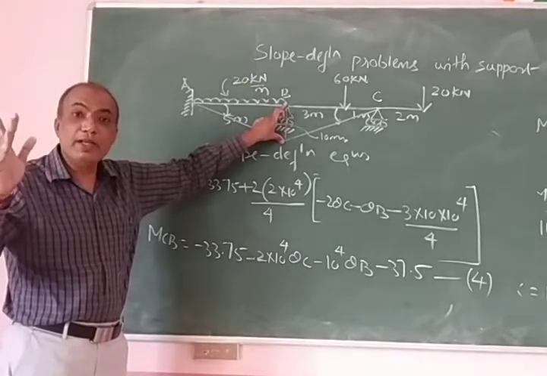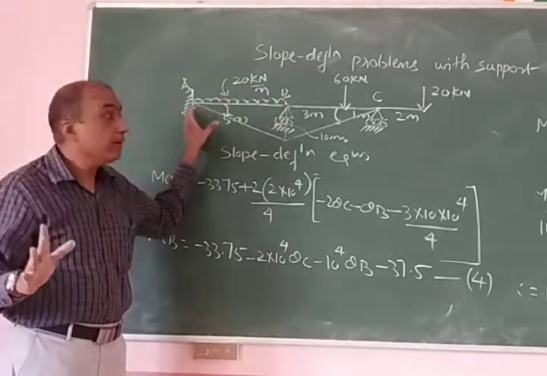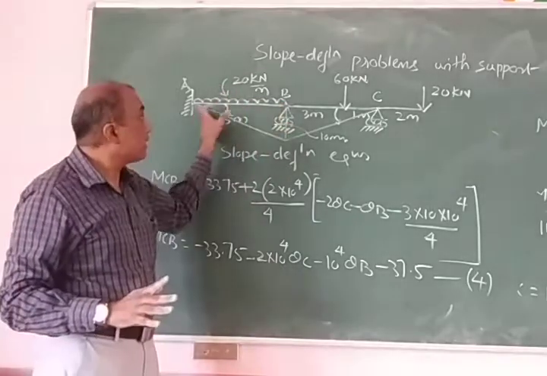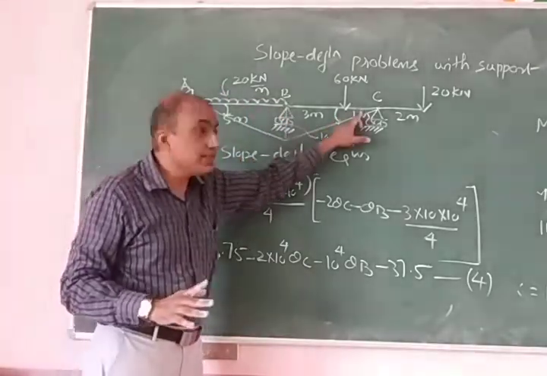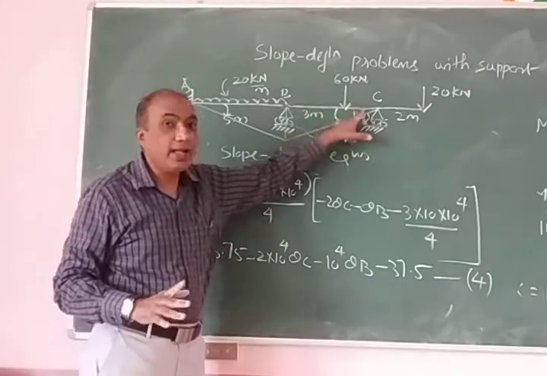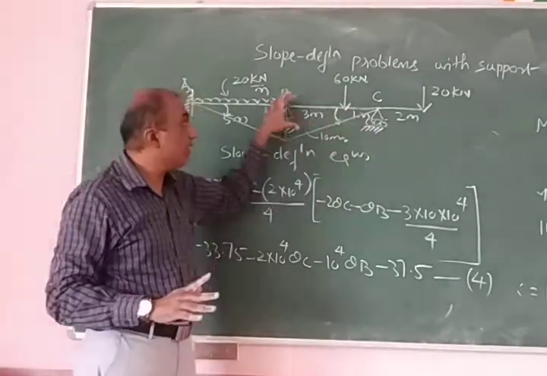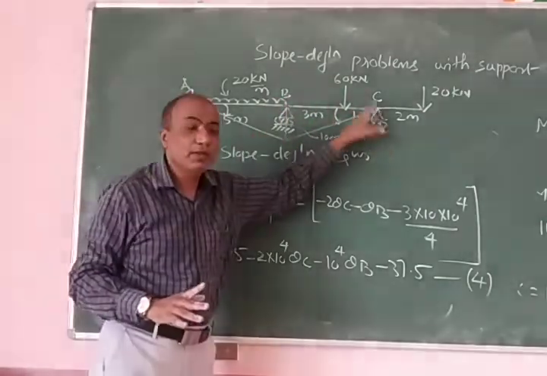Mm is converted to meter divided by 5. That is r of AB and r of BA. And r of BC, it is delta divided by L. It is anti-clockwise, so it is negative. 10 into 10 to the power minus 3 divided by L. That is what I have done.